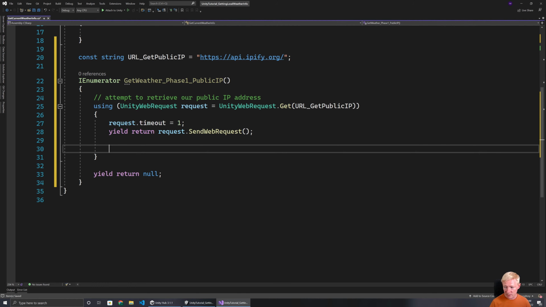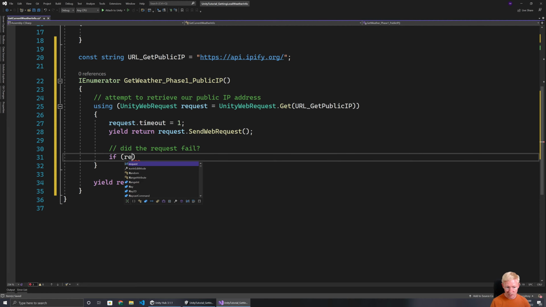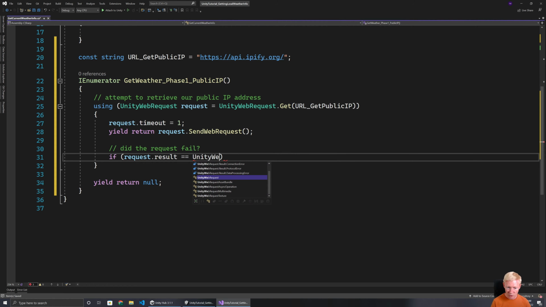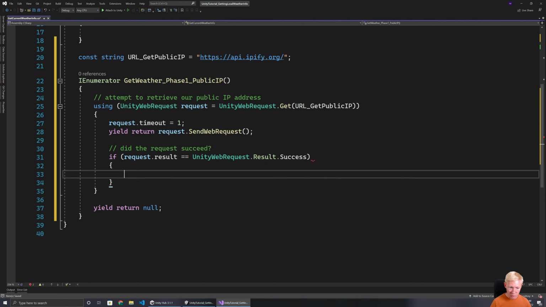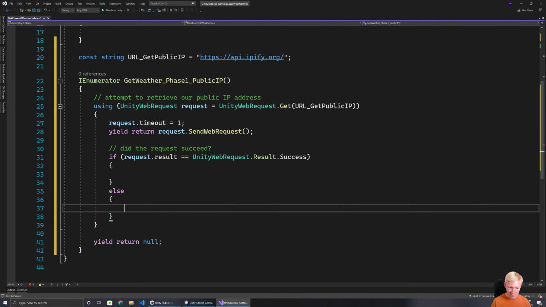So we've sent the request. Now we need to check if there was a failure. So did the request fail? The way we can check that is we can see, okay, well, is request result equal to Unity web request, something like a connection error? So we can check the different types of errors. What I can also do is just check, okay, well, did we succeed? So if it succeeded, we'll do one thing. Otherwise, we're going to log out